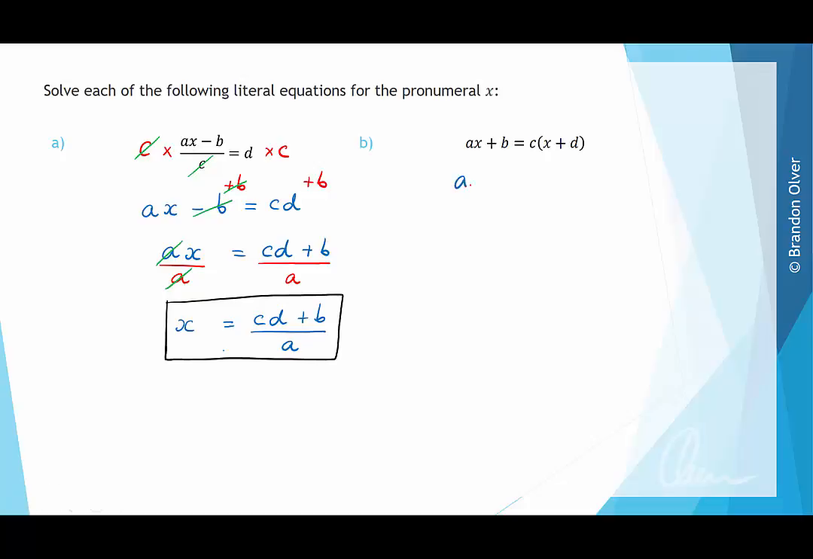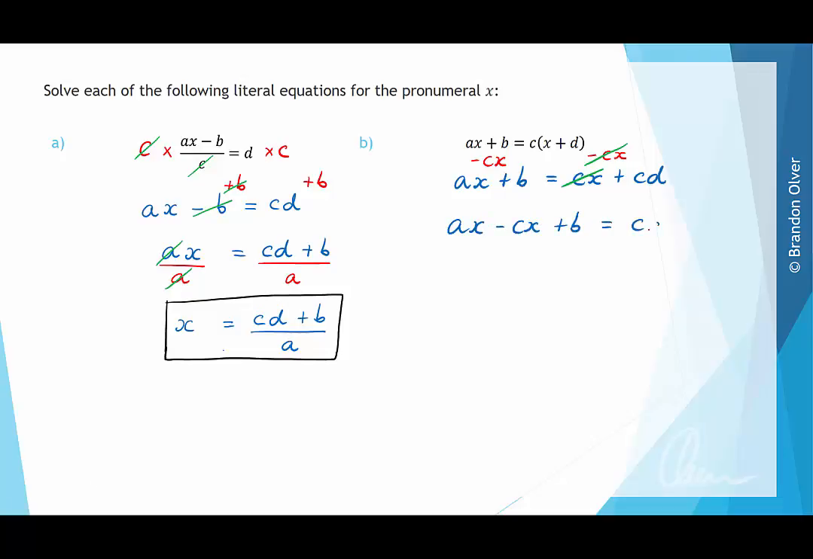So we're going to have ax plus b is equal to cx plus c times d. Now we have two terms containing the unknown and they're on different sides of the equation. So we're going to subtract cx from both sides, and that will get all of the terms involving x to the left hand side for us. So this positive cx will cancel with this negative cx, and we're going to have ax minus cx plus b